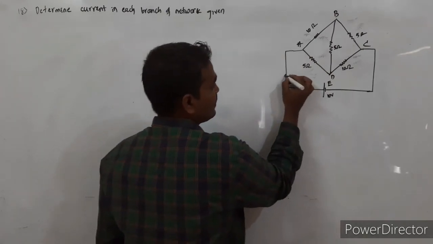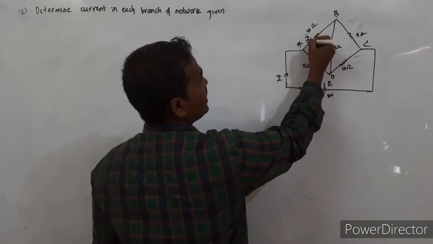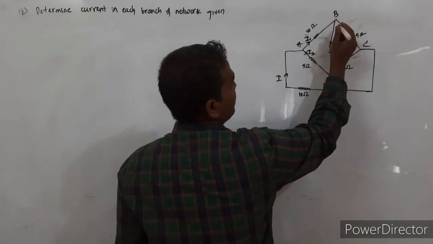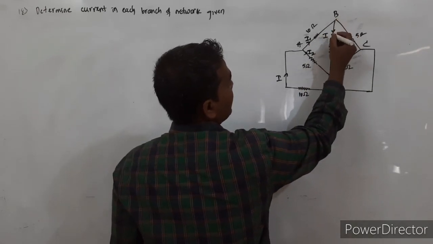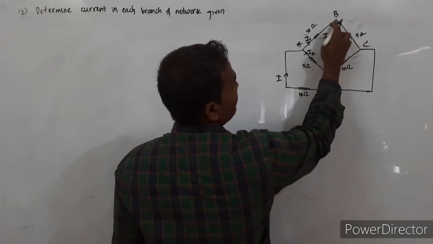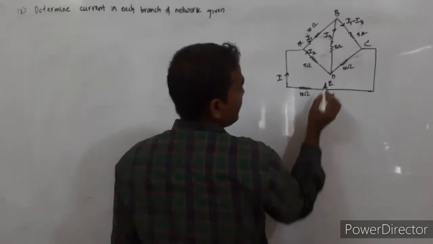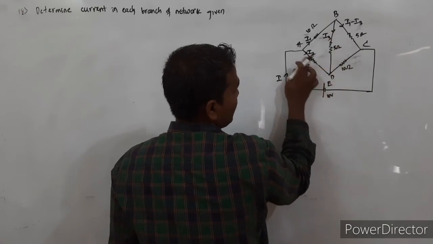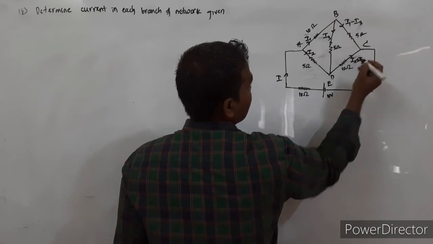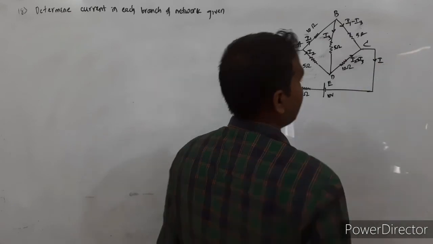Let us consider the total current generated is capital I. Here let it be divided into I1 and I2. At this point again there is some current that we shall take as I3. If I3 goes here, the remaining current is how much? I1 minus of I3. At point D there are two input currents, one is I2, another is I3. So this current is how much? I2 plus of I3. And when it is coming out, the total current is again capital I here.